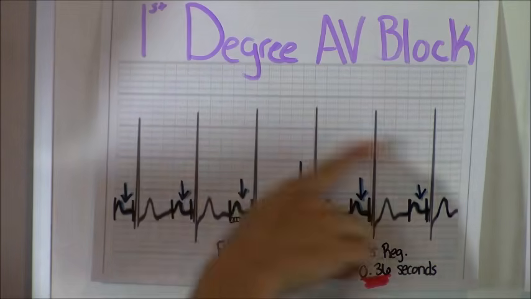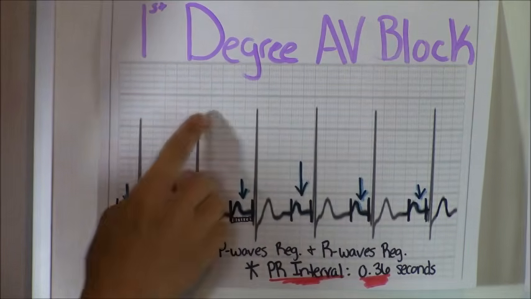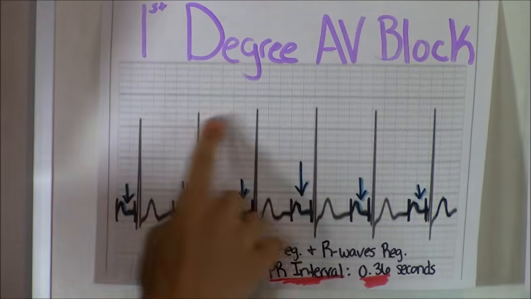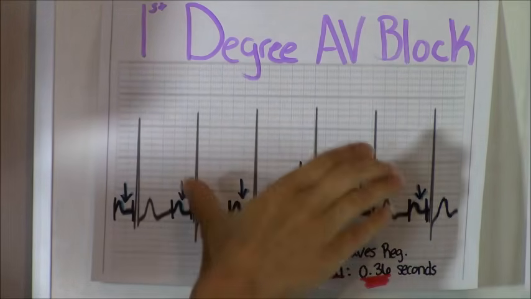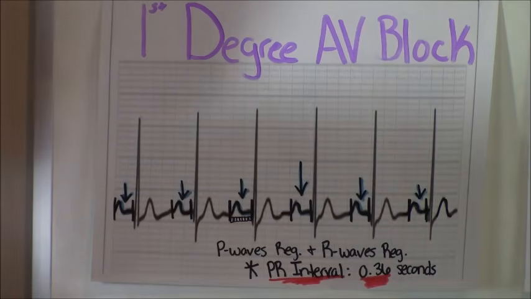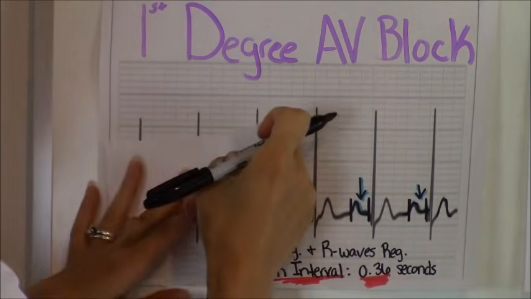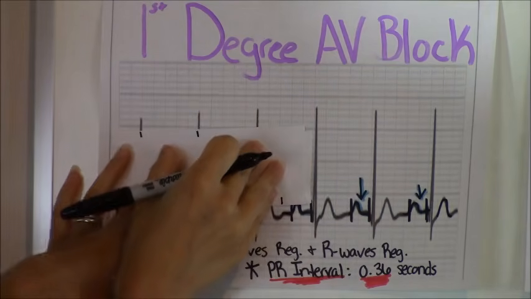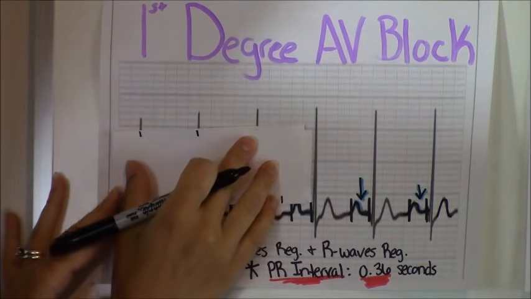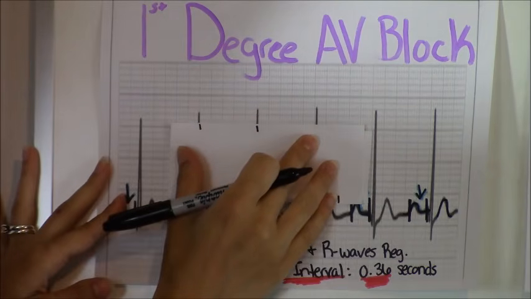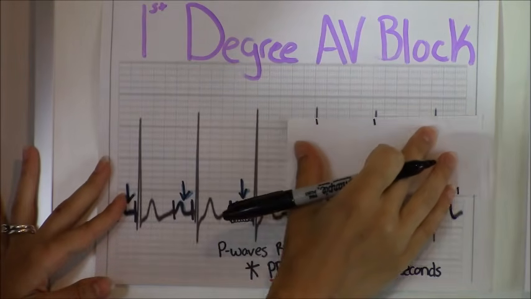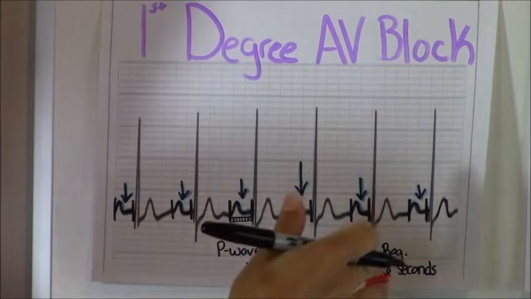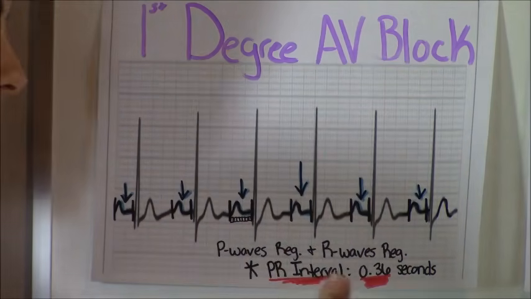And we're going to look at our R waves, which are the QRS complex. That's the top spike. And yes, that's present. How many of them are there? There's 1, 2, 3, 4, 5, 6. There's 6, so we have a ventricular rate of 60. And let's measure our R waves and see if they are regular, because that's another important step in heart blocks, because in some heart blocks, the hallmark is that the R waves are not regular. So we're measuring, and they are definitely regular. So really, to the typical eye, if we just stop there, you would say, hey, I've got sinus rhythm, but